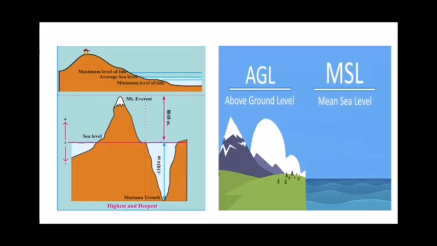So in high tides what happens? The water comes above, it comes ahead, and in the low tides the water goes far behind. Now this average is considered as the sea level. This average is taken to be zero, and altitudes or depths are measured and shown in positive or negative values. For example, we have Mount Everest, that is 8,848 meters high, that is from the sea level. So from the sea level 0, we counted from there till the highest peak of Mount Everest. So that is called above the sea level,